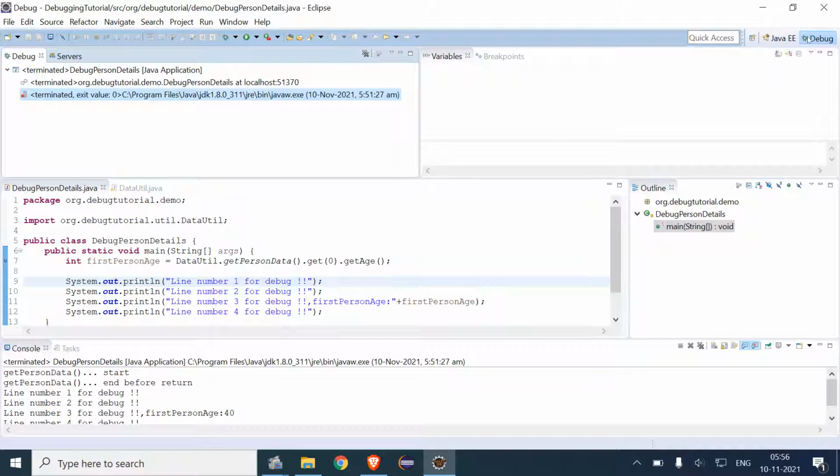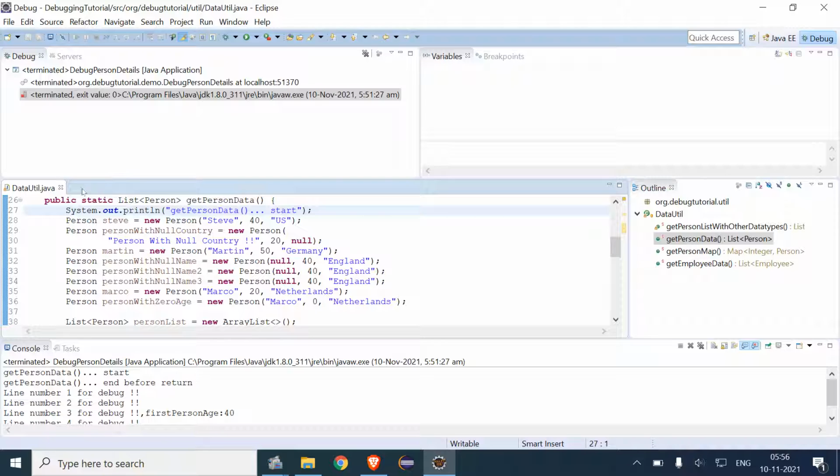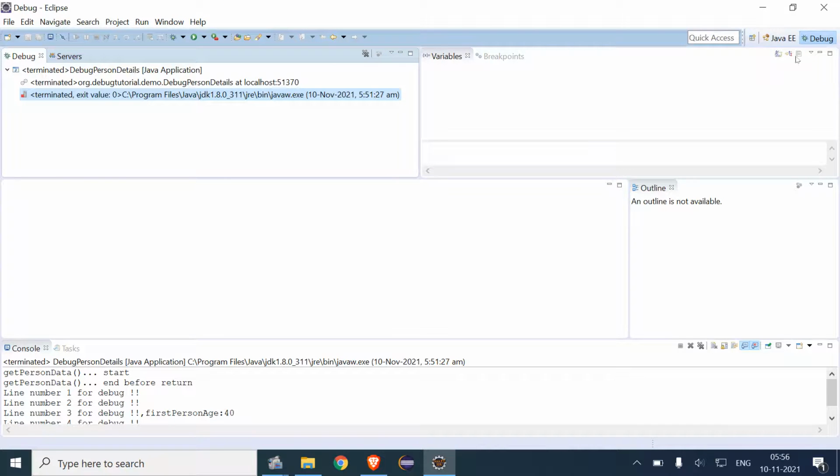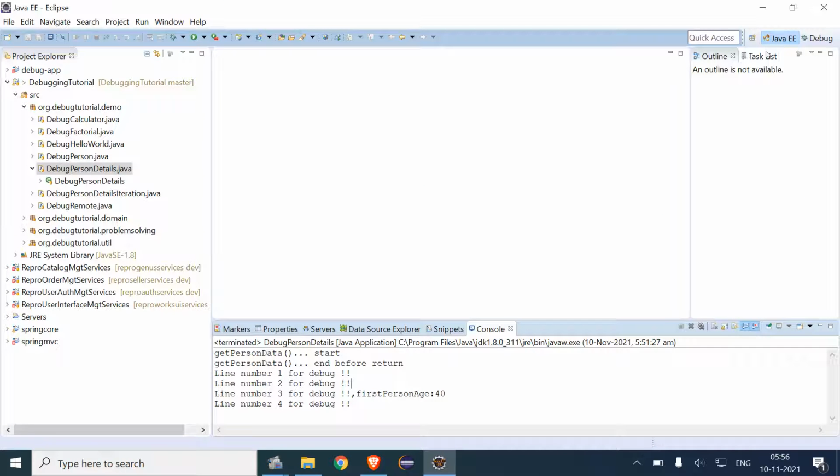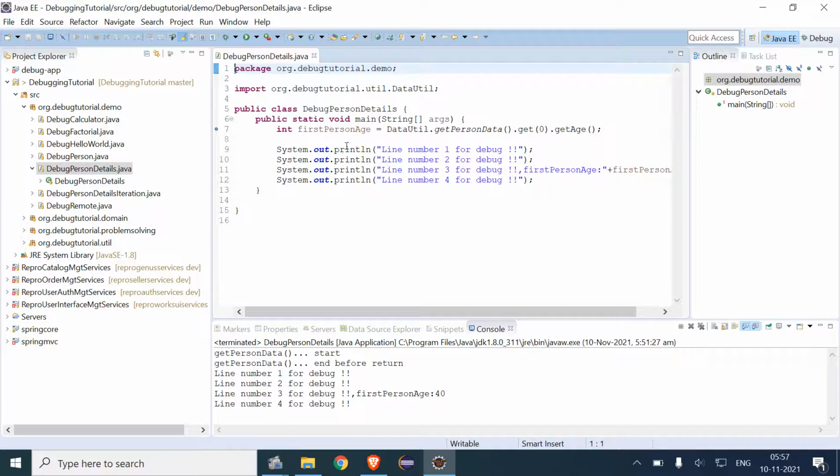And if we come back to our program, then there is a method.